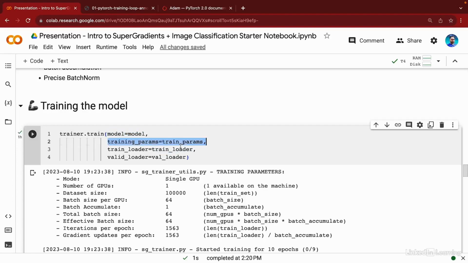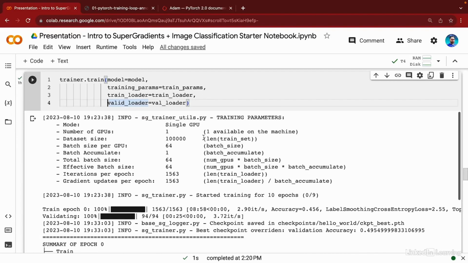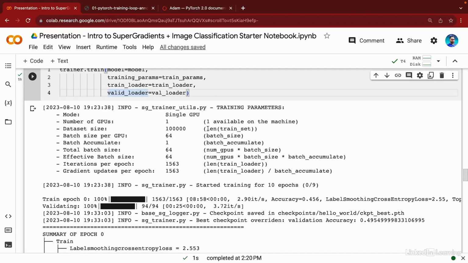We give the trainer our training parameters. We pass in the training loader. We pass in the validation loader, and that's it. We are now training a model. And SuperGradients will print out a lot of wonderful information for you to the console so you can monitor progress